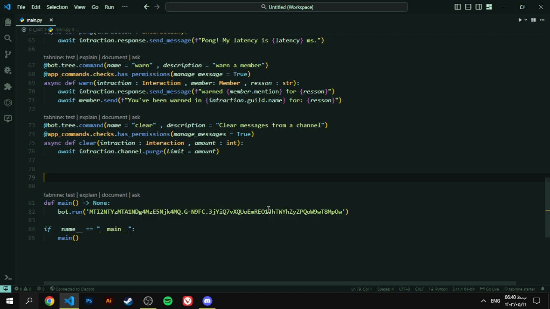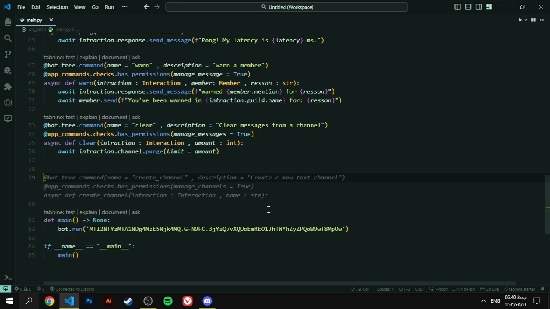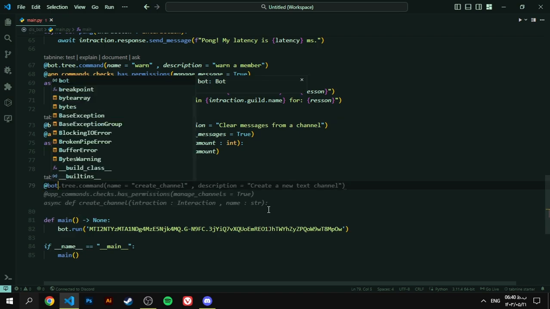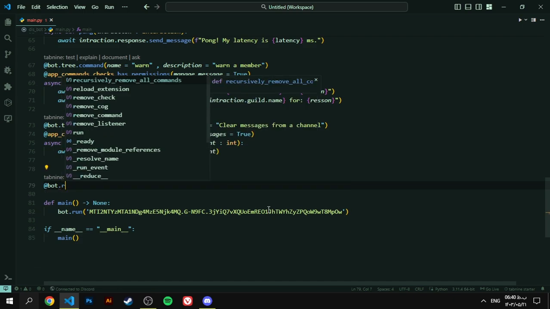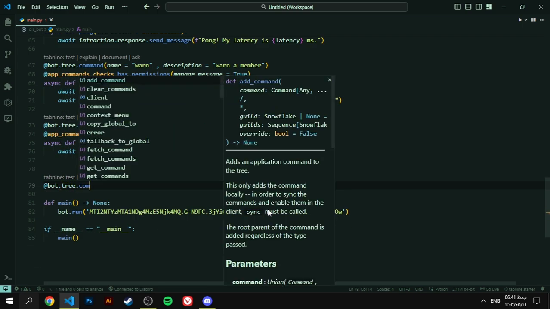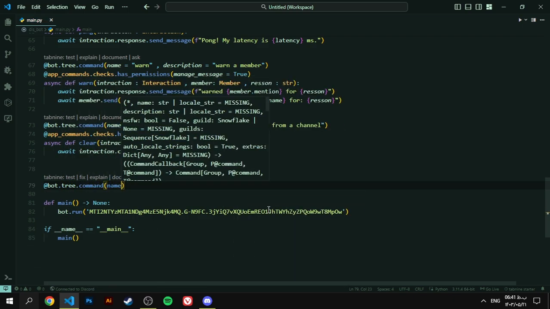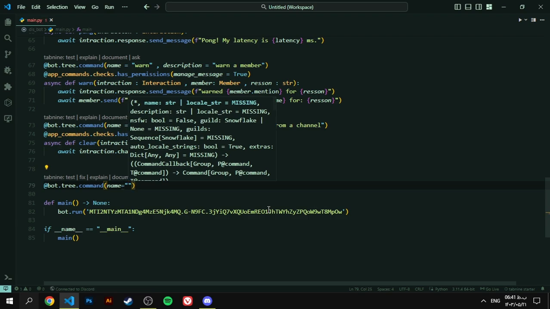Okay guys, for the announcement we need to add @bot.tree.command, its name equals